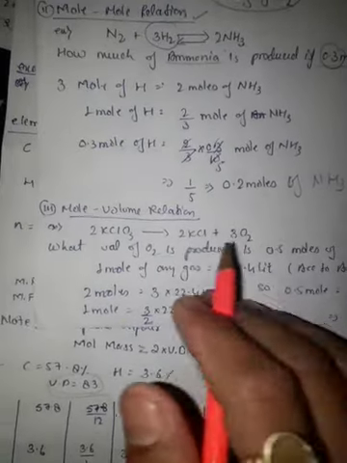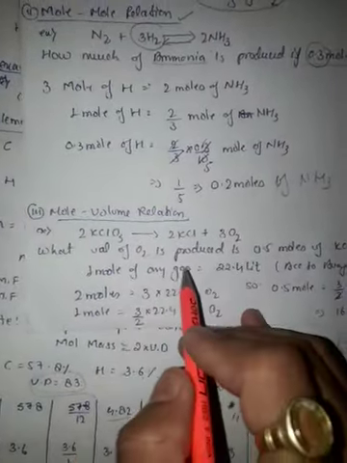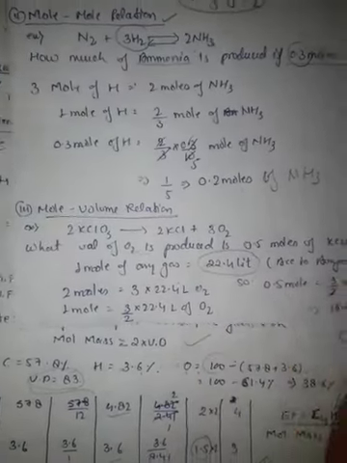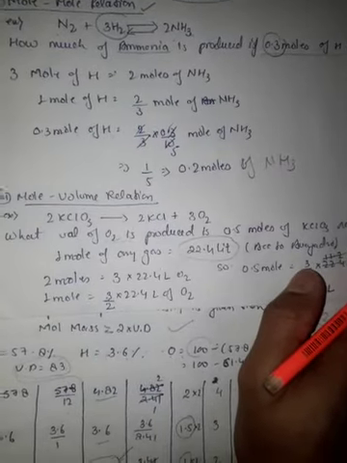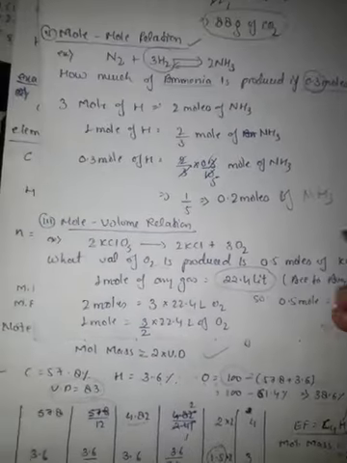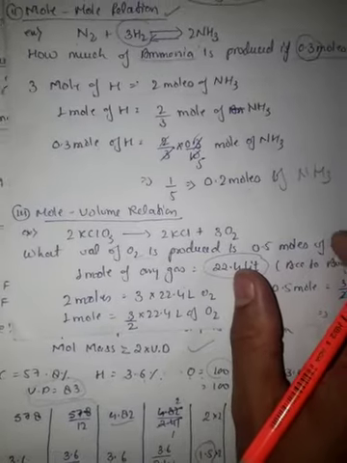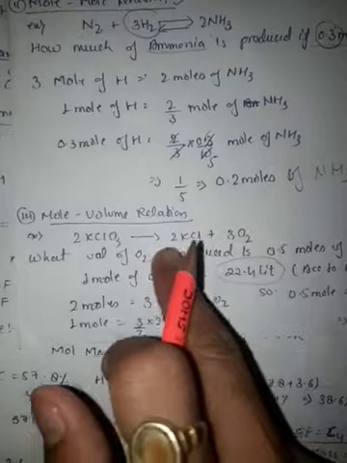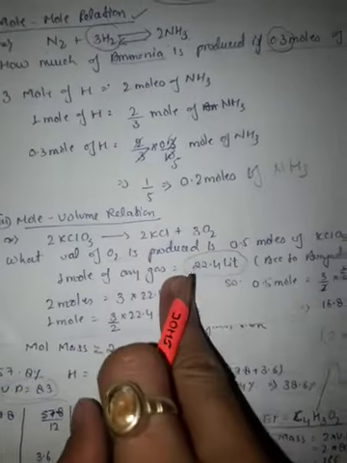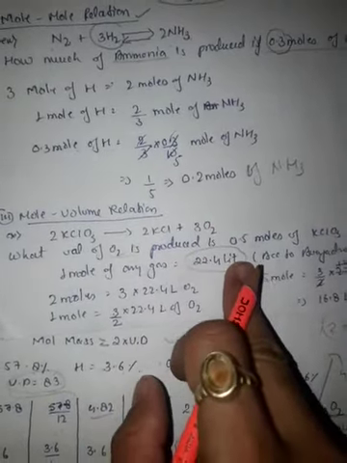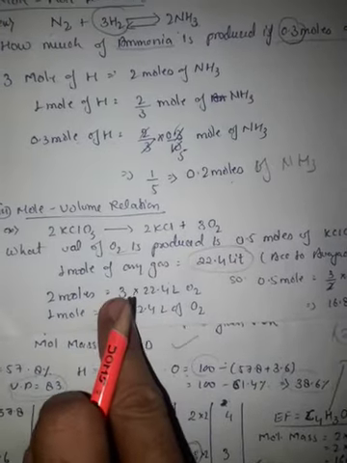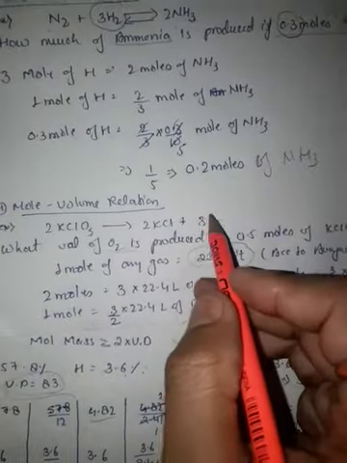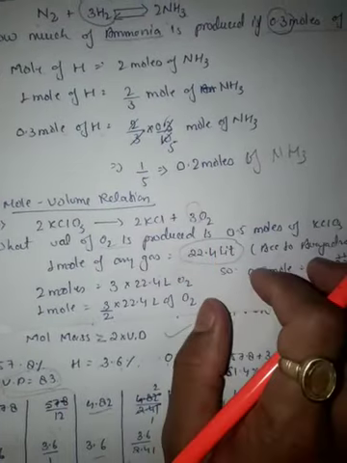As you know, 1 mole of any gas has 22.4 liters according to Avogadro at STP. इतना लीटर्स हमेशा प्रेजेंट होता है किसी भी एक मोल में के गैस में. तो 1 mole of gas, here oxygen gas is used, so we have 1 mole of oxygen is 22.4 liters. Then for 2 moles, 3 into 22.4 liters of oxygen, because 3 moles of oxygen is used.